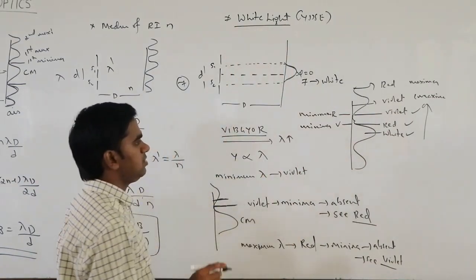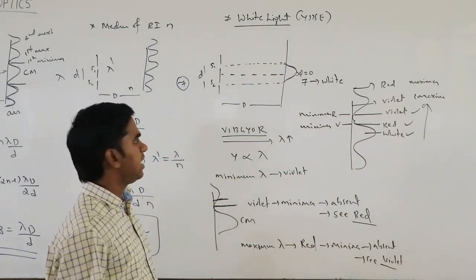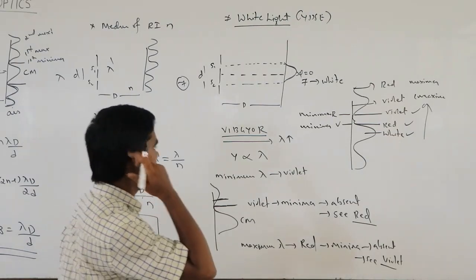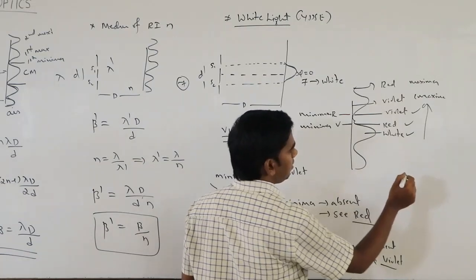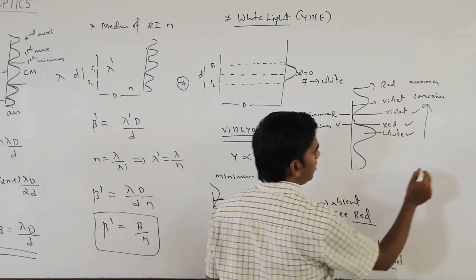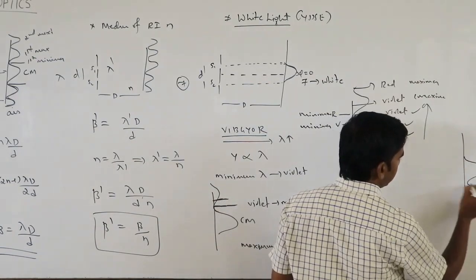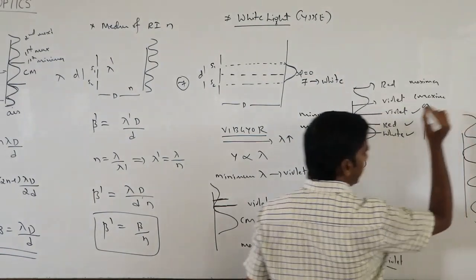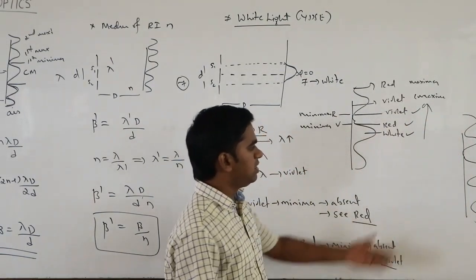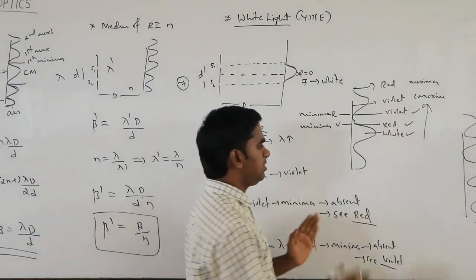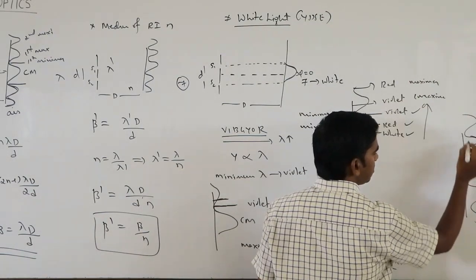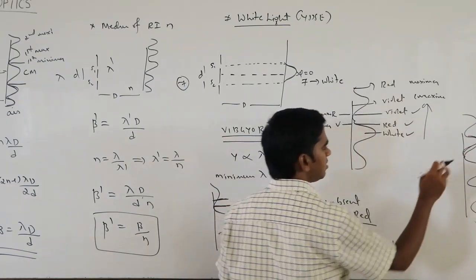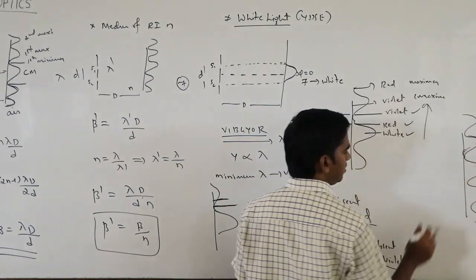Then what is the important use of using the white light? If you use the monochromatic light, you will get fringes of the same width. In this, it is not possible to easily identify which fringe will be the central maximum because all the widths are the same, all the bright fringes have the same brightness, there is no variation in intensity.